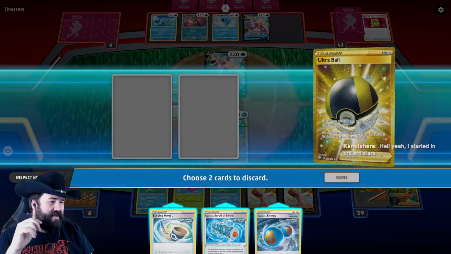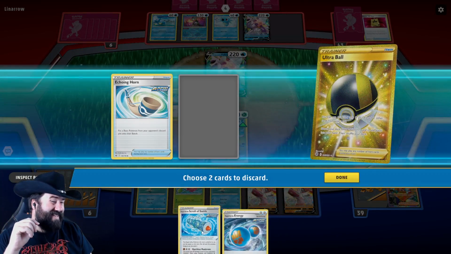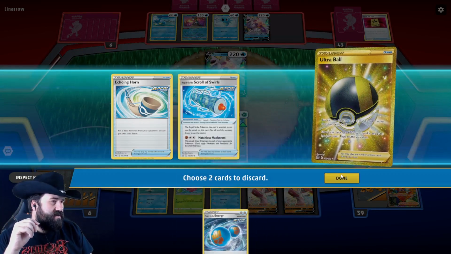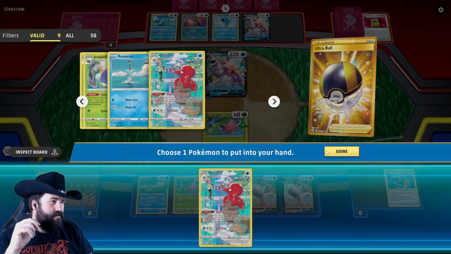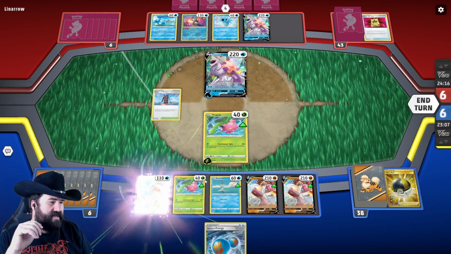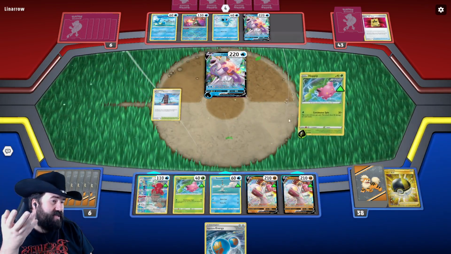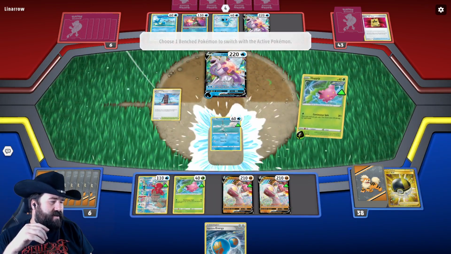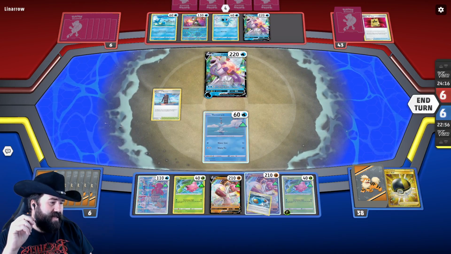Okay, so let's do that. I'm gonna ditch this, and... Yes, we ditch this. Let's get our Octillery. Okay, we need our Octillery because our Octillery is our searching in the deck. Now, we're going to retreat this. It would be free anyways, but it's not. Or, I mean, but it is, but yeah, whatever. And let's play...